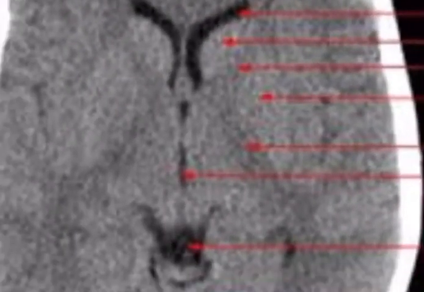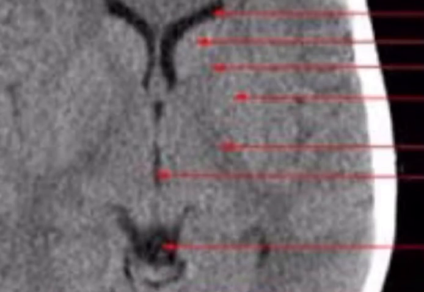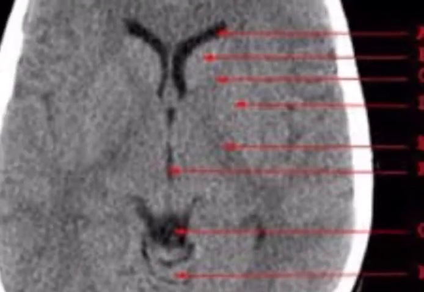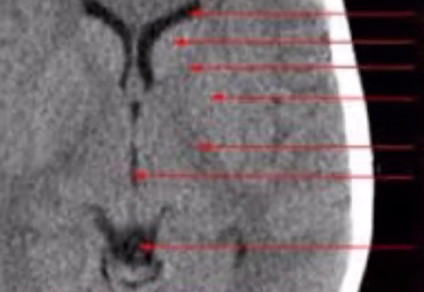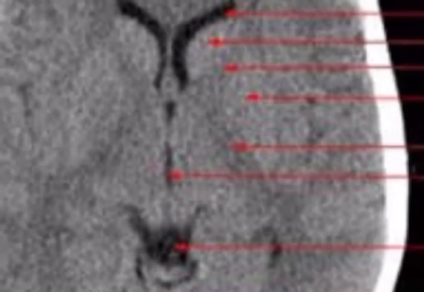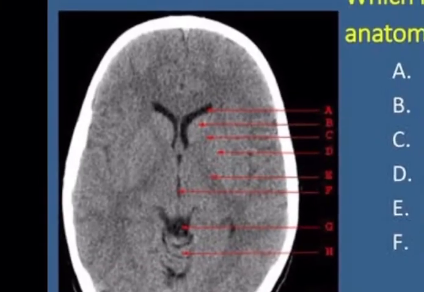Now you should understand the picture carefully. The top first arrow is for which ventricle? Lateral ventricle. Second arrow, adjacent to this lateral ventricle is your head of the caudate nucleus, very good. And then the next arrow, faint fiber, white matter, that is internal capsule. Then down, the fourth arrow is your lentiform nucleus. And then the fifth arrow, again the posterior limb of internal capsule, and adjacent to that is your thalamus, that is enough. And in between the thalamus you have the third ventricle, finished. So, that is all about the thalamus.